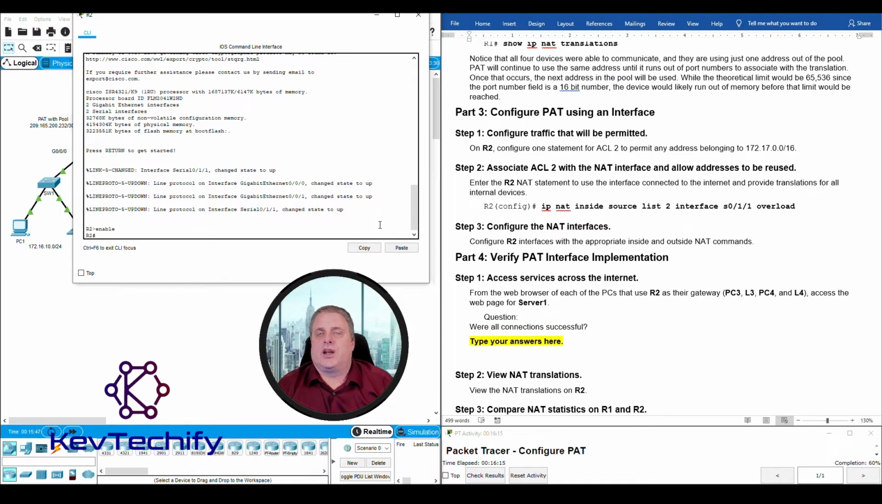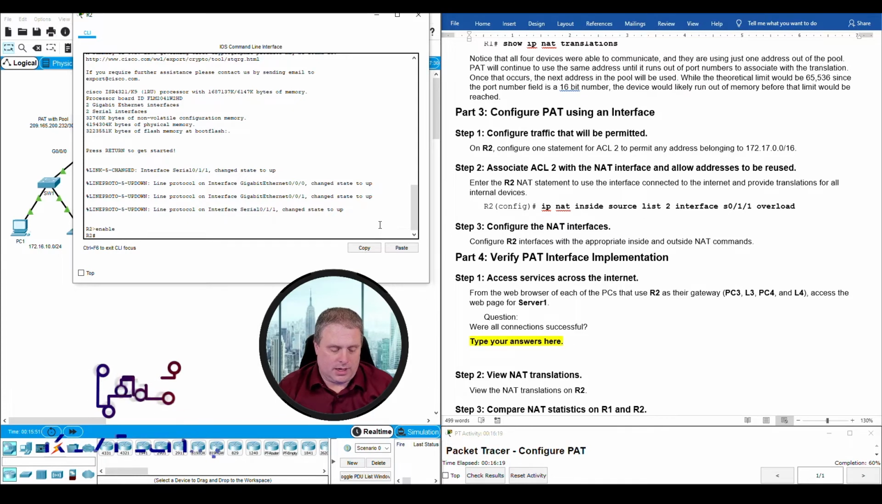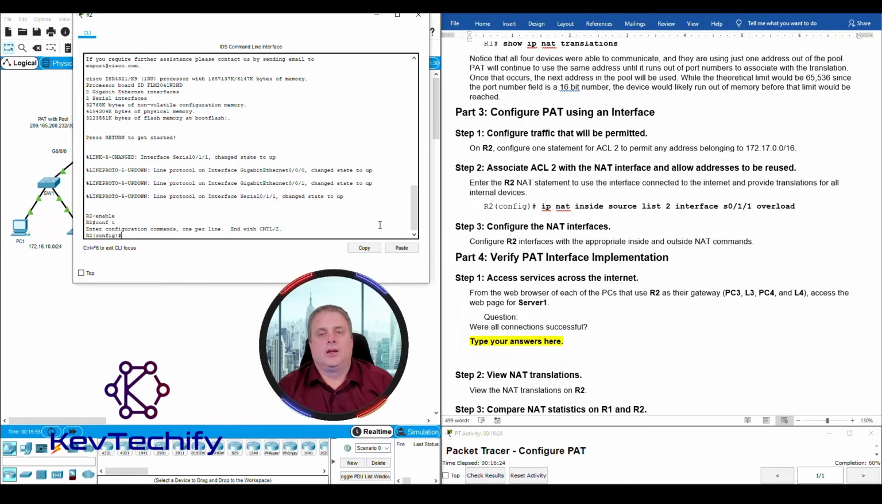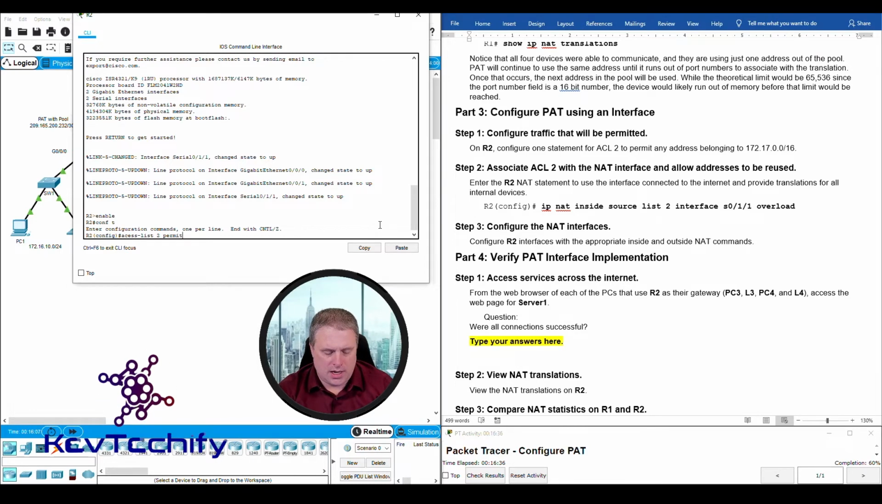First thing we have to do is set up our ACL. We do that in global configuration mode. Go ahead and type config T. Now we can go ahead and set up our access list. So we start off by typing in access-list. We're doing access list 2. And then we are permitting, and then the network address